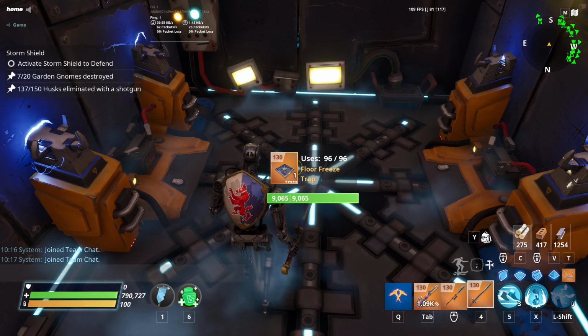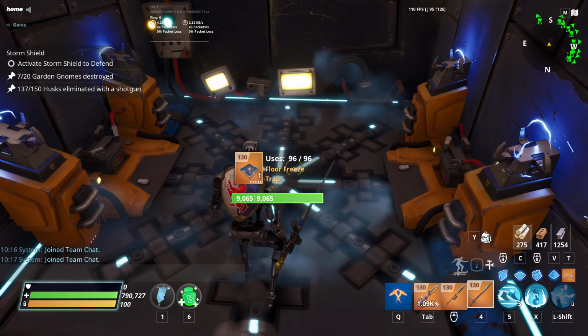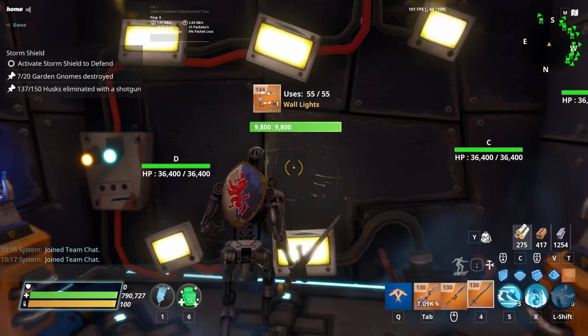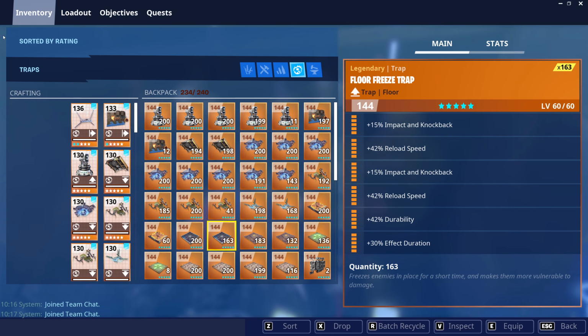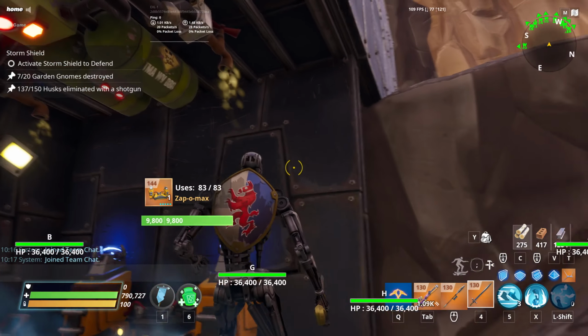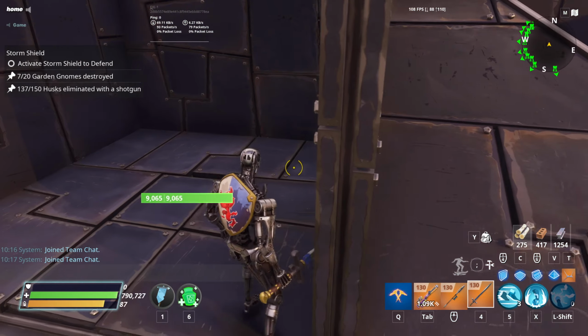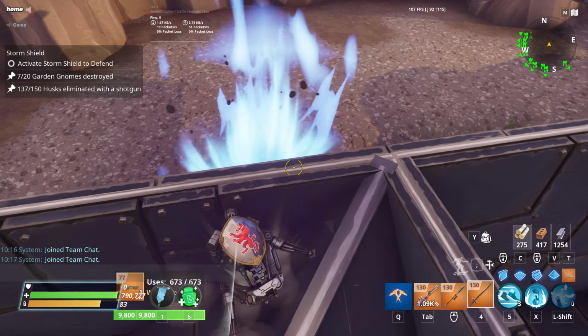This allows them to freeze. This is going to allow them to be frozen for longer, should I say? And so they won't be able to break down this wall over here. Gas trap over here, exactly the same perks as I mentioned before, except I went for damage and effect duration. Now at the back over here, I recommend you just put at least a few pyramid cones